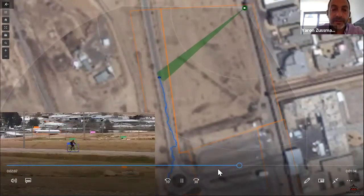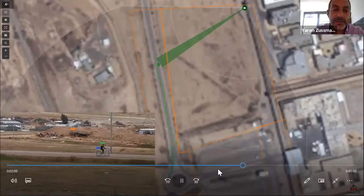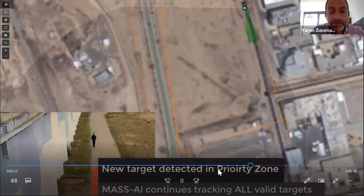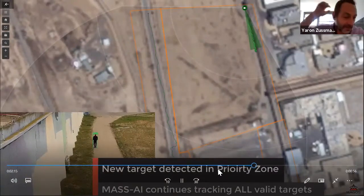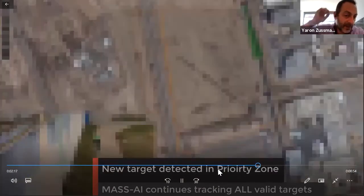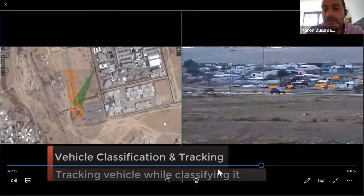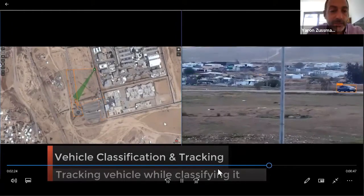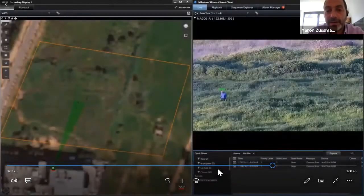As he's driving in the area, the PTZ, as you can see, keeps following him and actually meets that person walking from behind, being classified as a person next to the main fence and going out. As you can see, cars we don't really care about. We see that they're cars, but we don't alarm on them